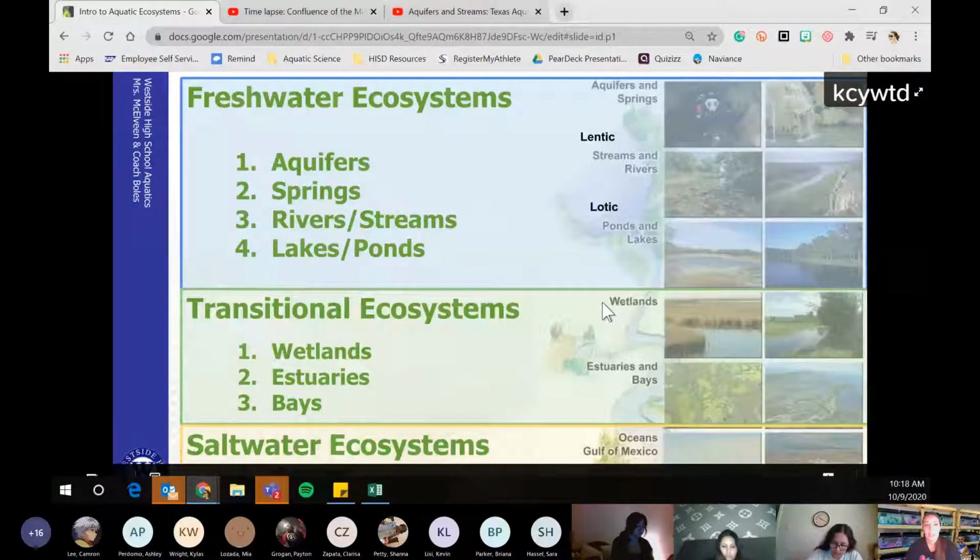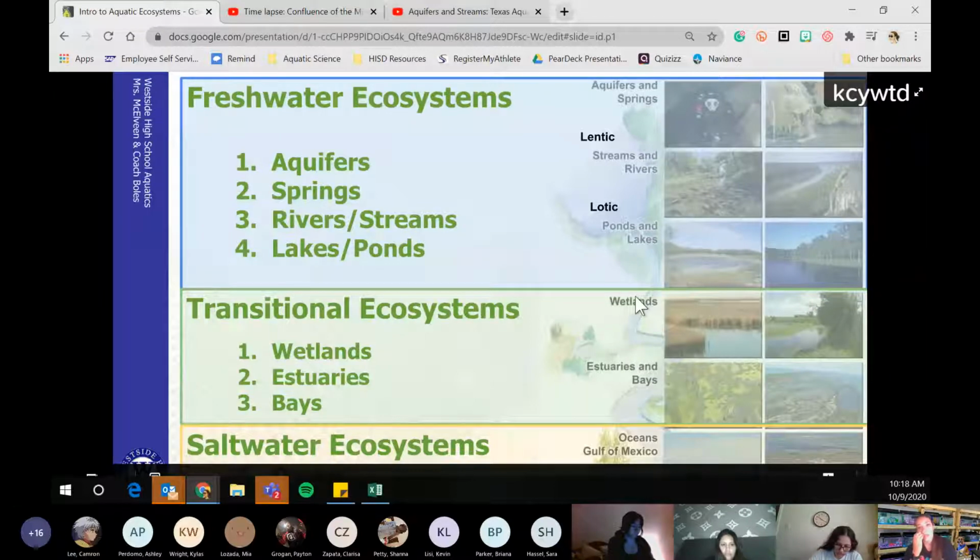And after that, we're going to hit wetlands. We're going to talk about estuaries and bays. We had to skip that last year because of COVID, so we just added estuaries into wetlands and put bays into oceans. We're going to talk about oceans and weather. And somewhere in between ponds, lakes, and wetlands is when we start talking about fish anatomy, shark dissections, and fish tanks. That's kind of how it splits up this year.